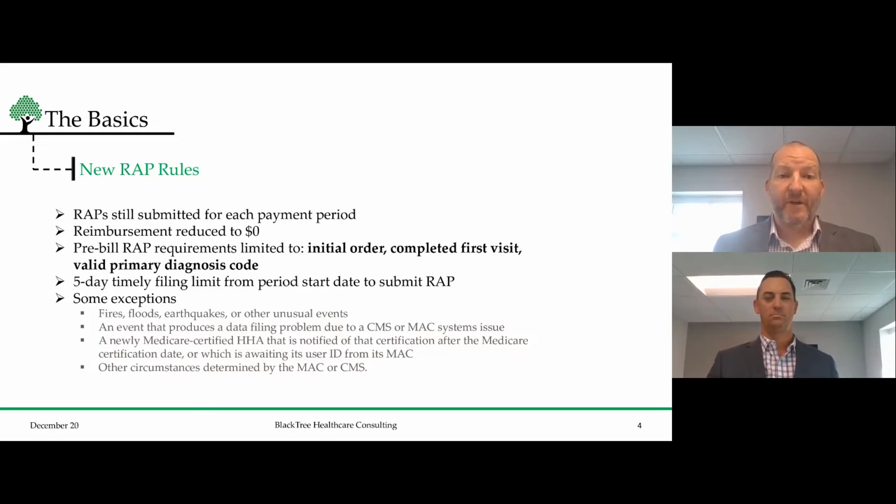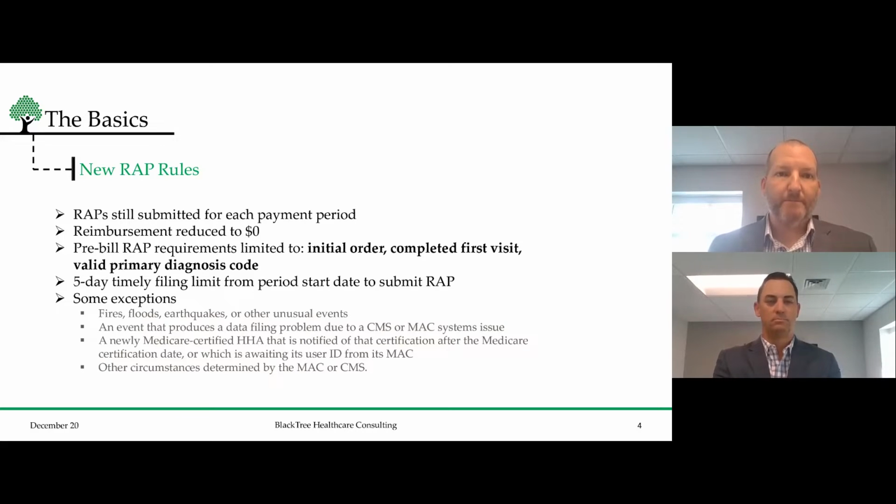The reimbursement itself, I mentioned before, is being reduced from 20% of that HIPS code value all the way down to 0. And we have a whole new set of pre-bill requirements. So you can see there, they're limited to these 3 components. The initial order, which you're going to get at intake when that person is first referred for home care. The first visit being completed, so that start of care visit actually being completed, or that research visit, and having a valid primary diagnosis codes. Those are the only 3 pieces or components that you need in order to get a RAP out the door